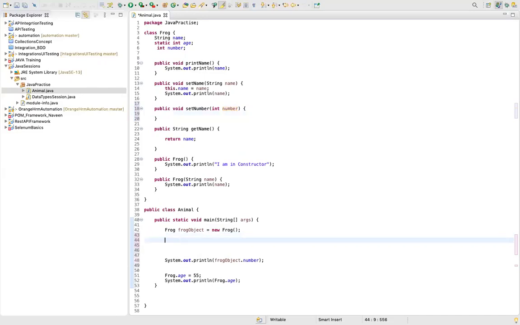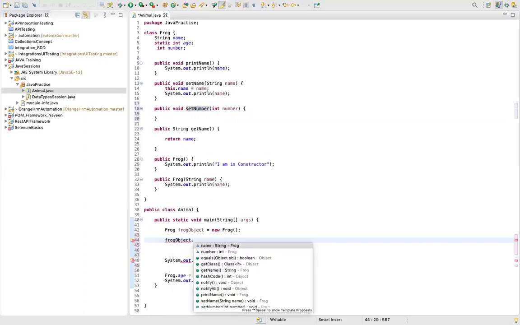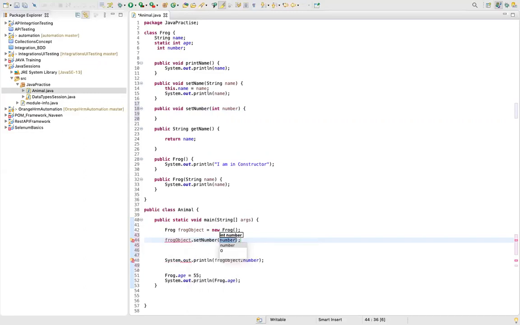I'll call this from here. Yesterday we saw how to access a variable and a method using an object. So you can say frog object dot, what is the name? Set number.